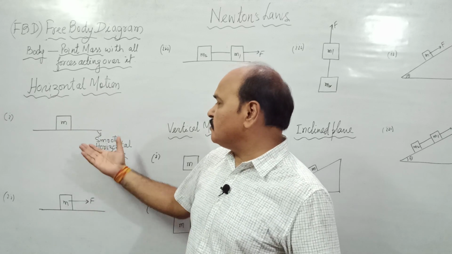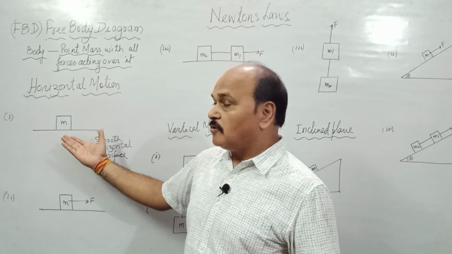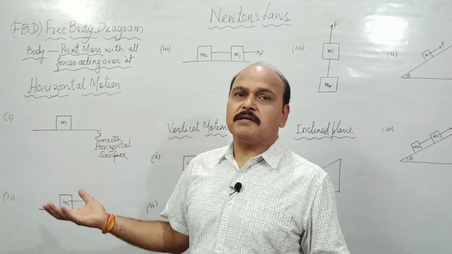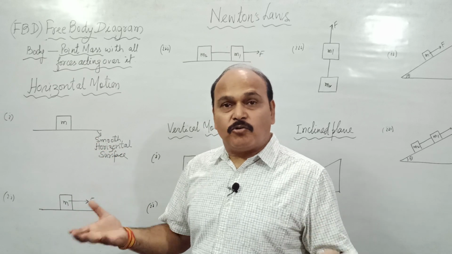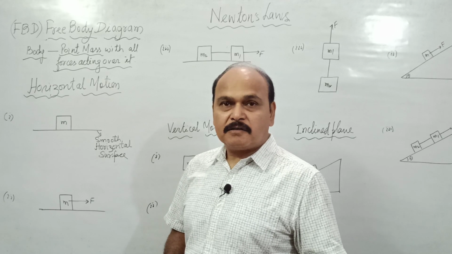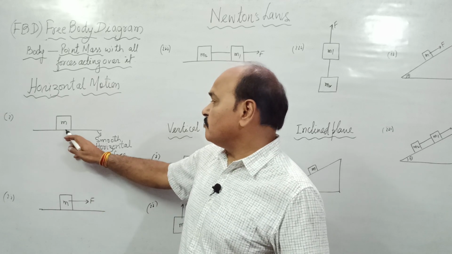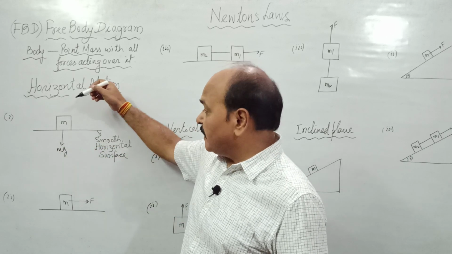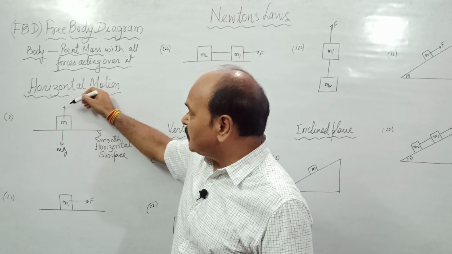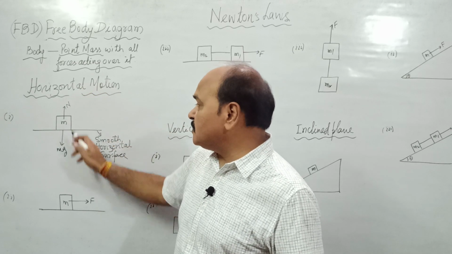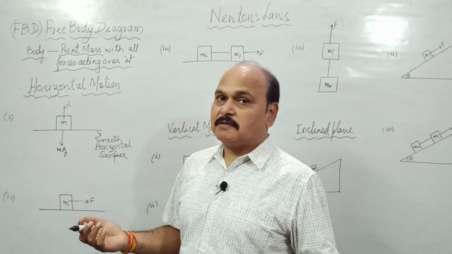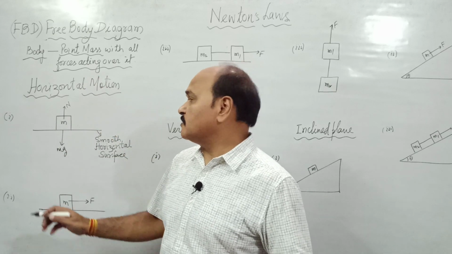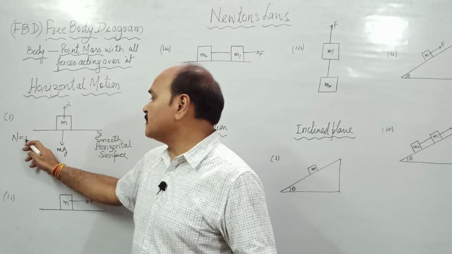Now if mass m is placed over a horizontal surface, all of you know that the mass is not going to move. Why? It is simply because there is no net force acting over it. There are forces acting over this mass. One is its weight, which works vertically downward. The other force is the reaction of the surface, which is vertically upward. And both these forces cancel each other, as the body doesn't move along vertical. So this N is equal to mg.